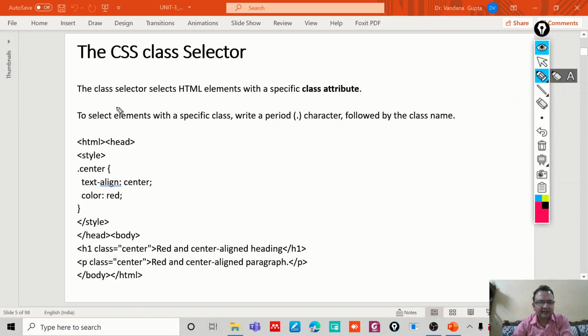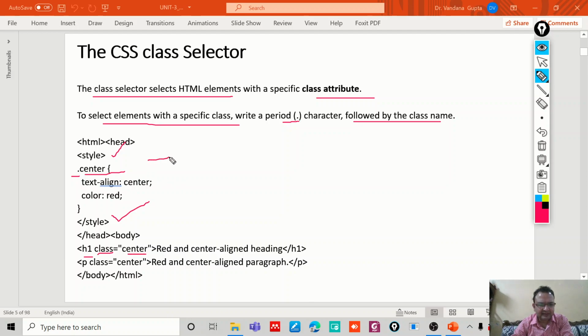Then we have another selector which is known as the class selector. The class selector will select an HTML element with a specific class attribute. To select an element with a specific class, we use the dot operator followed by the name of the class. You see here the style tag for CSS, dot, then the name of the class is center. And I can specify the class of an element here. Inside the H1 heading, I am providing this class center.